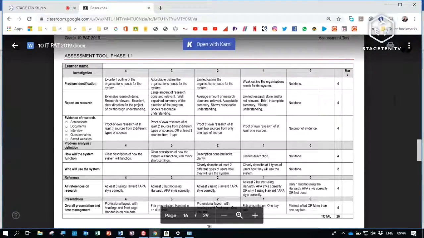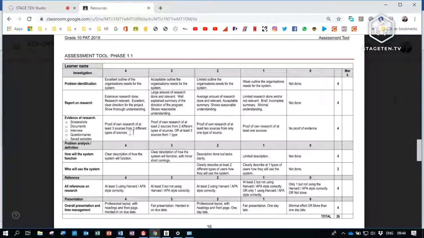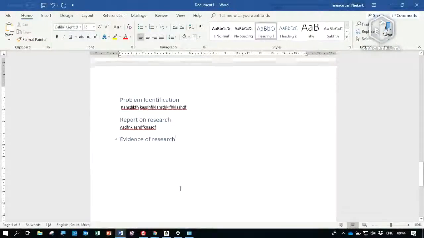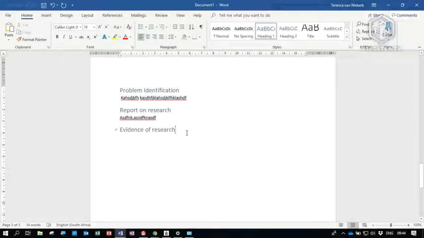Okay, evidence of research. Proof of your own research of at least 3 sources of 2 different types. So, 2 different types of resources. So, newspapers and the internet, etc. You with me there? Okay. That will get all that done. Do you know how to use referencing properly? Okay,